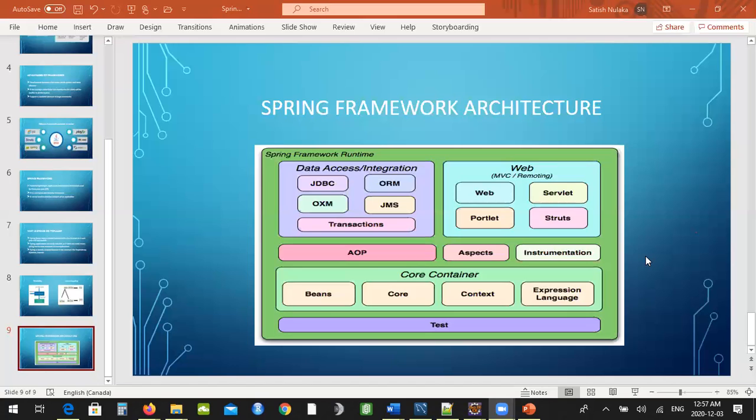Okay, no, I forgot. I didn't speak about the transactions. I didn't speak about AOP as instrument. Sorry, aspects. Instrumentation. Okay, what is a transaction? Right. So in our Servlet code which we wrote, I didn't do any transaction open or commit or rollback,